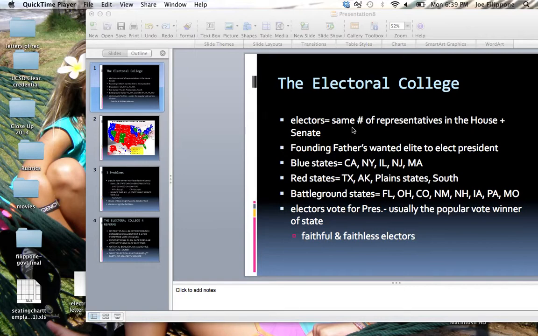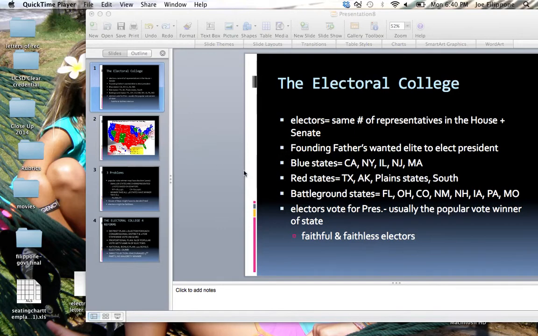Wyoming, Montana, Alaska, North Dakota, South Dakota, I think that's it, Delaware, and Vermont each have 3 electoral votes, which means their whole state is a congressional district, so they have one representative in the House of Representatives, and they have 2 senators. So if we look at